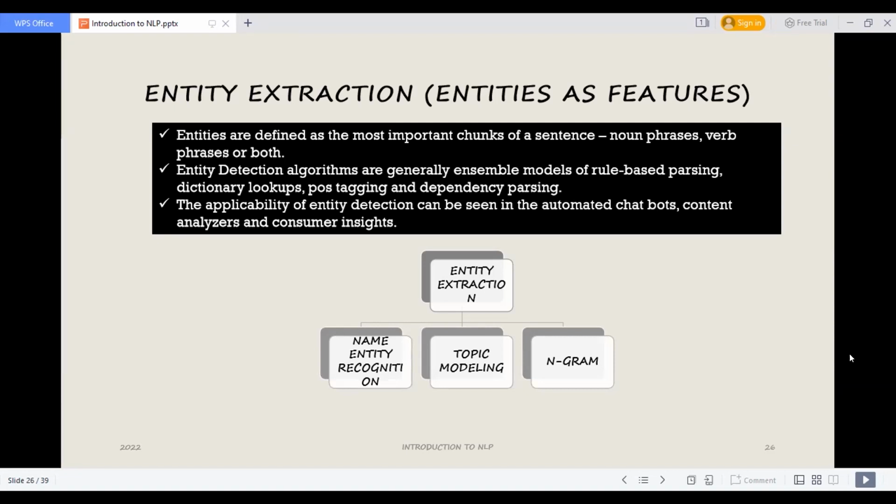If you wrote a paragraph and you want to give it a title, that thing should be detected first. That thing should be understood first by the machine, by the system, to give a title to anything. So this is how entity extraction can be done in our NLP.